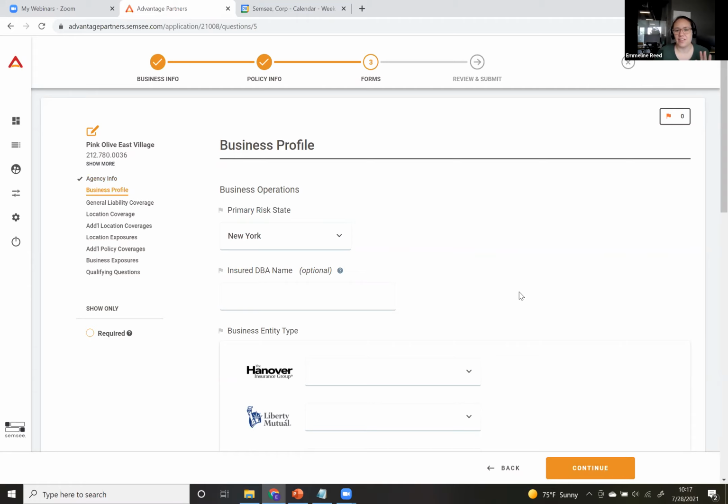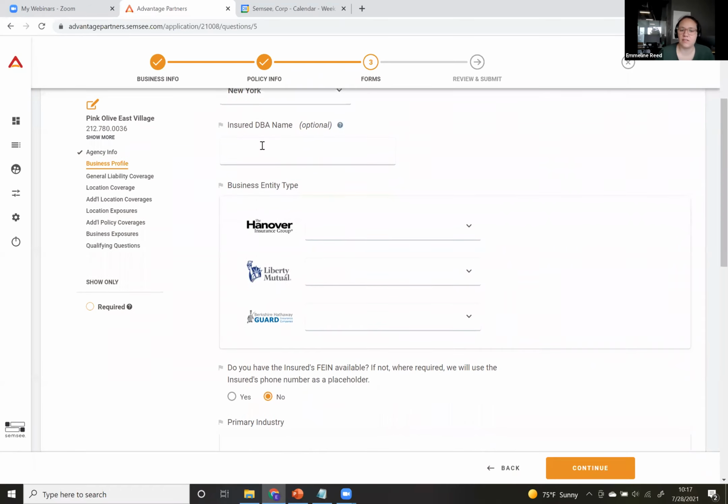I'm sure that all of you on this call are very familiar with what a commercial application looks like, so I won't go through all of the questions, but there are some features that I'd like to highlight that we think add value or efficiency to the Semsee form. One of those is